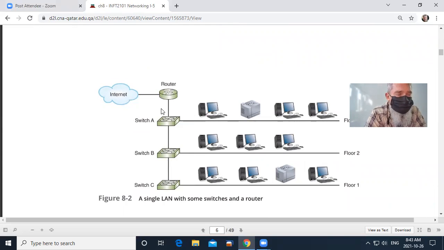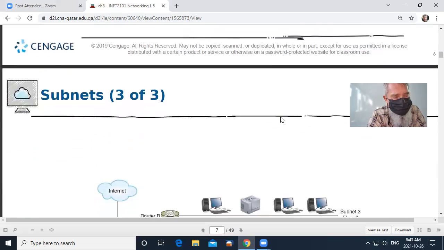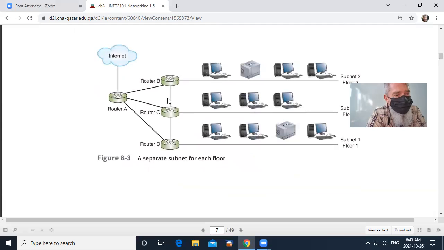And so that instead of having a single broadcast domain, because this is a single broadcast domain. So basically, if we send a broadcast frame from any one of these devices, all of the devices in every floor will receive that broadcast. And so, you know, that's not efficient. A more efficient thing would be to put a router on each floor. And then each of these is a separate broadcast domain. And so any broadcast here is confined to here. But what it would require is that we isolate for each of those 3 subnets a group of IP addresses which are unique to each of those subnets.